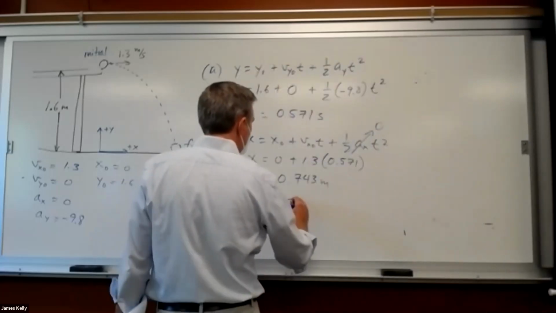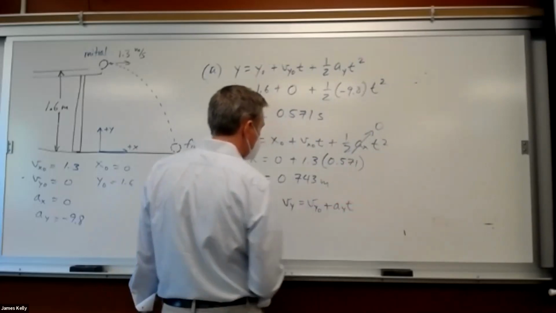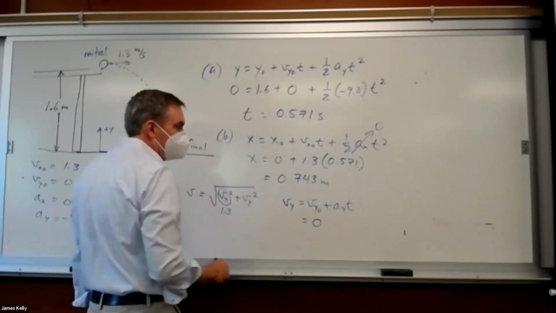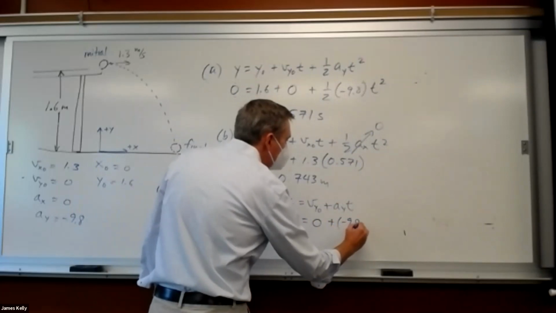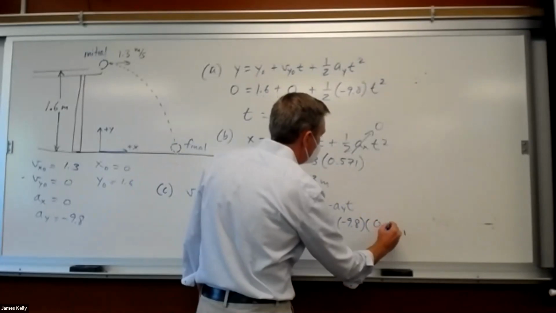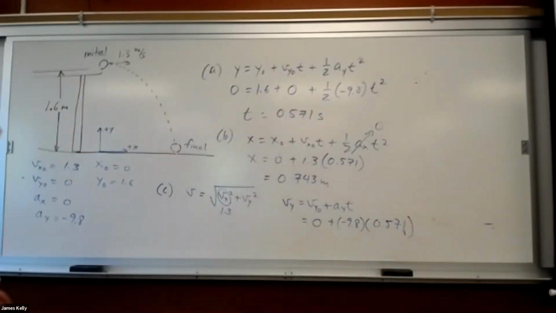So Vy is equal to Vy0 plus Ayt. That's equal to, it starts out with no y velocity. The Ay is minus 9.8. And the t is what we found in A, 0.571. Okay, so that means Vy final is negative. Yeah, it was going down and my plus y is up. That makes sense. That number, by the way, is minus 5.6